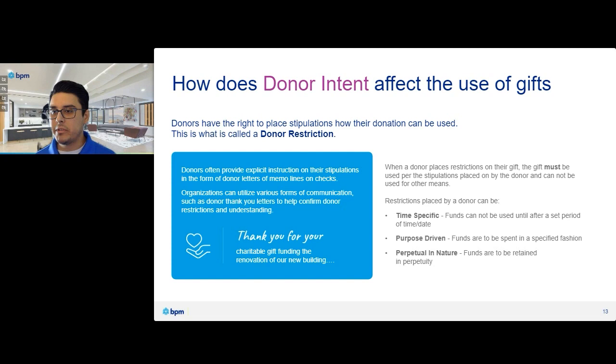The donor is the only person who has the right to change any of the restrictions that they've created on their gift. And restrictions come in quite a few ways. They can be time-specific, purpose-driven, or perpetual in nature. Now, quite often, donors will provide explicit information on their stipulations in the form of donor letters, or very simply